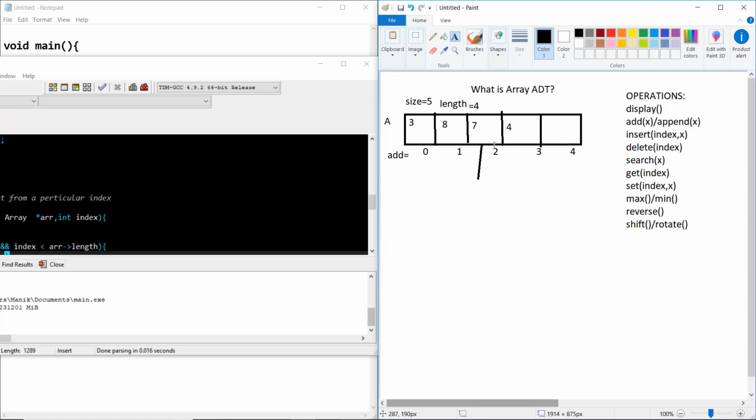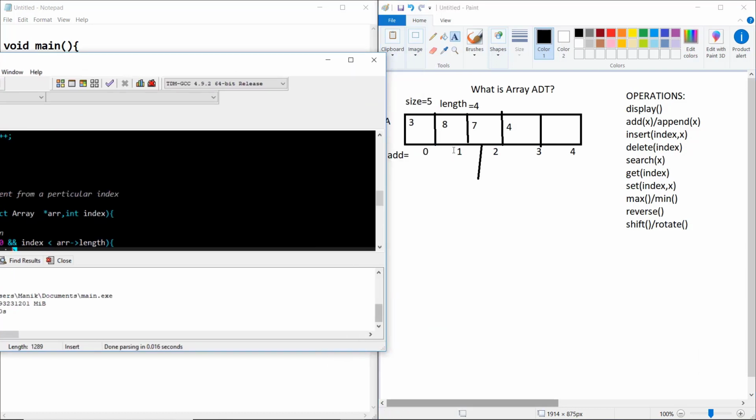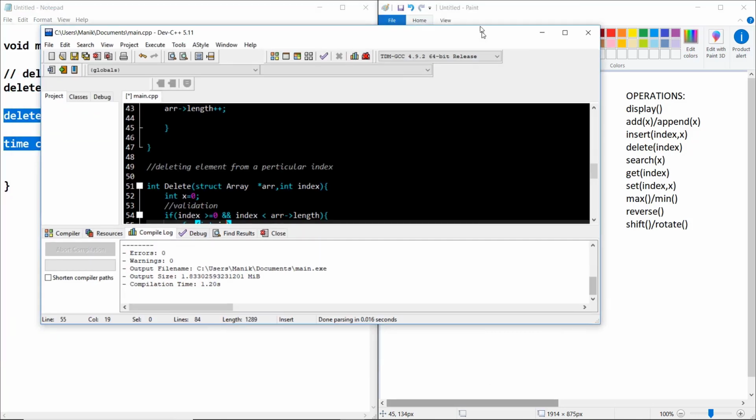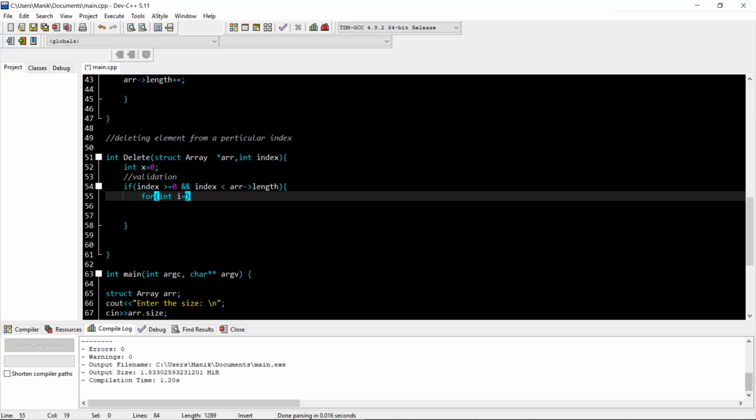So I need to replace it until length minus 1. Okay, from the index to length minus 1 we need to follow. This is how you need to make algorithms. So from index up to arr of length minus 1.